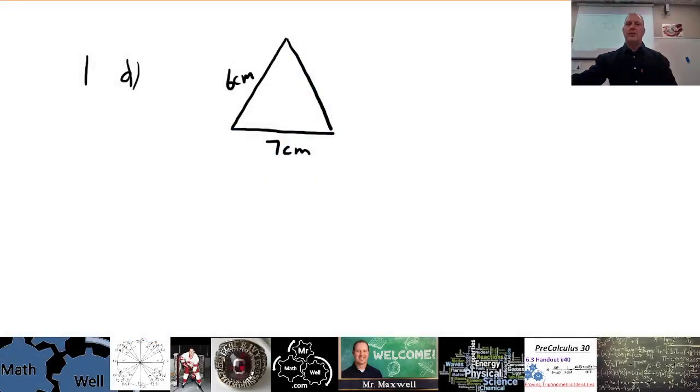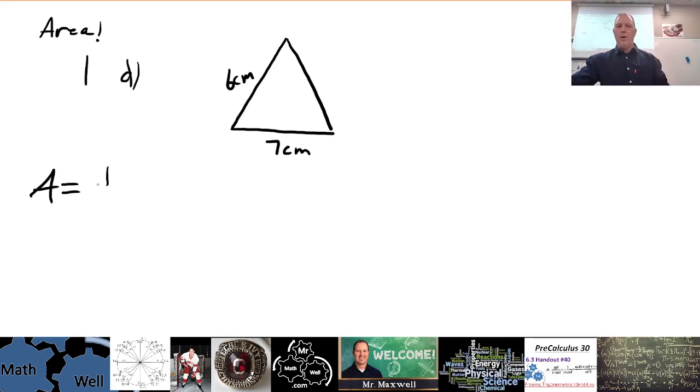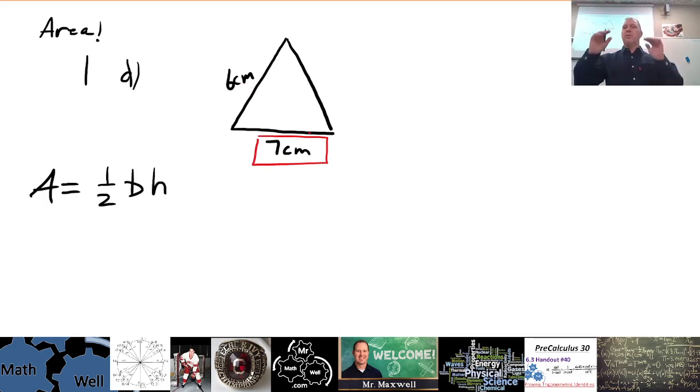If you're not given the height of a triangle and you're trying to find the area, of course the area is what? 1/2 the base times the height. So this right here is the base, let's say. This could be the base as well. The 6 could be the base as well. We don't really know for sure, but because this one's on the bottom of the picture, we'll use that one